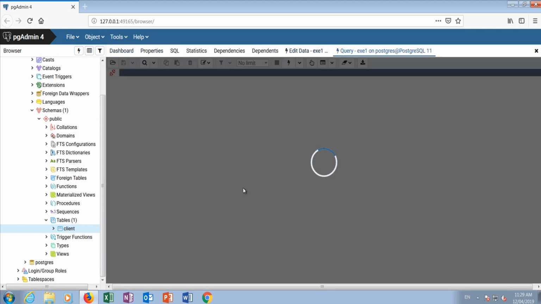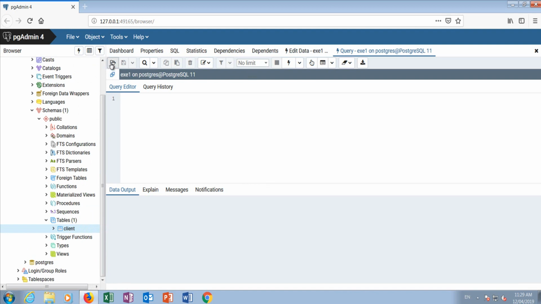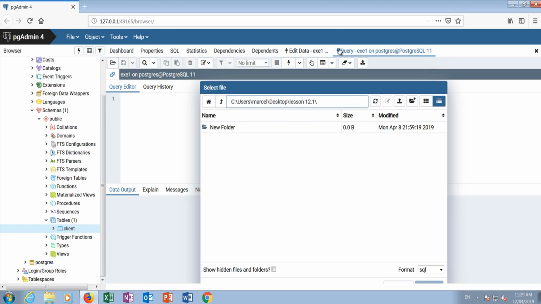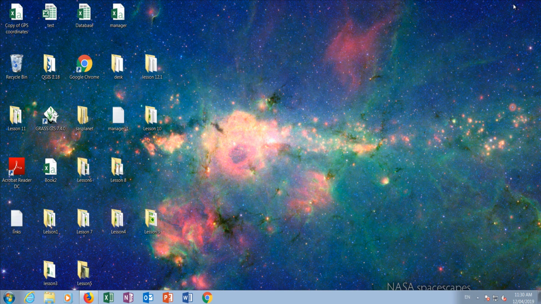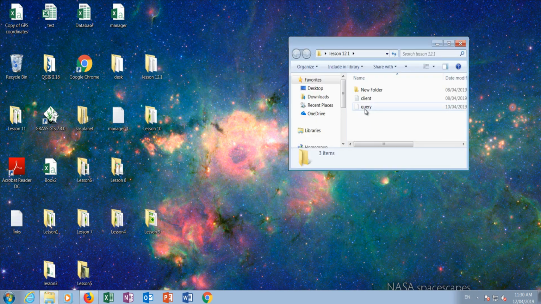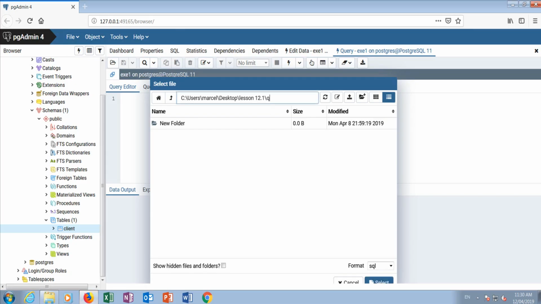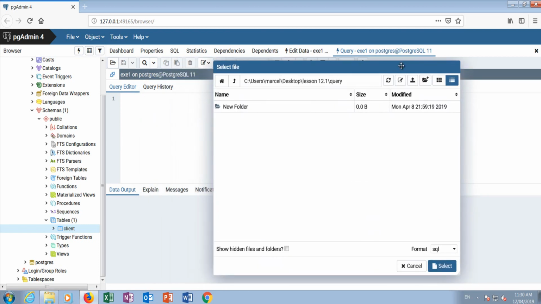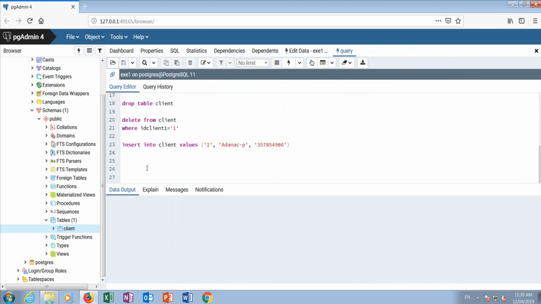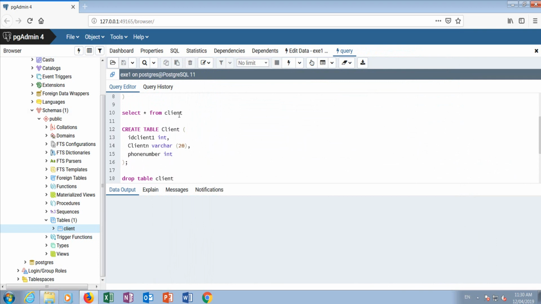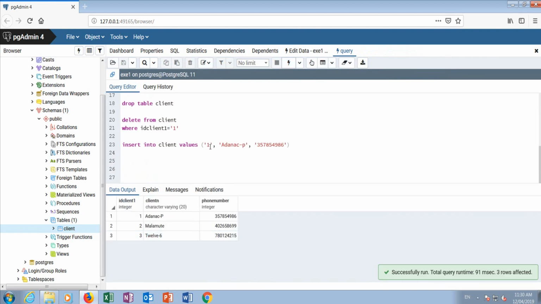Just query tool. Here, then the name was query. I'm going to show you. Is this one here, query? Okay. And just select. And this is the work we were doing the other day. Okay, to see the table, just select from client and run. Now we are going to